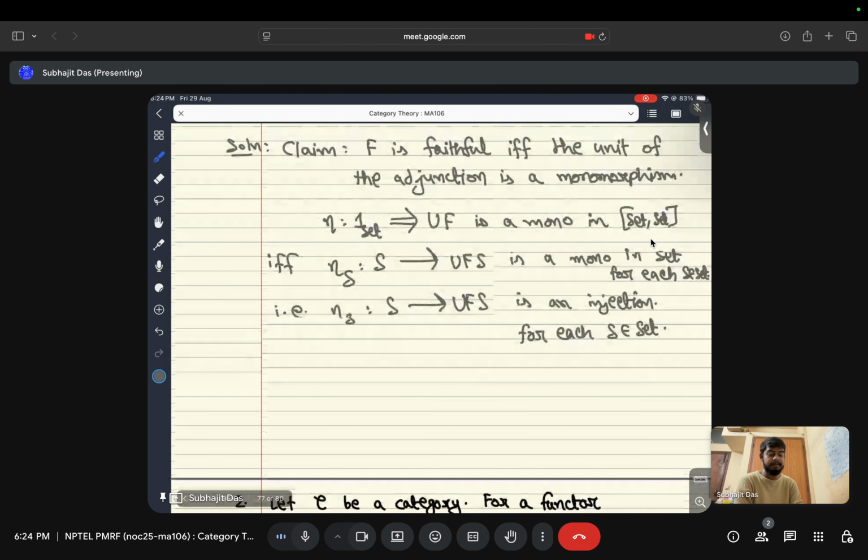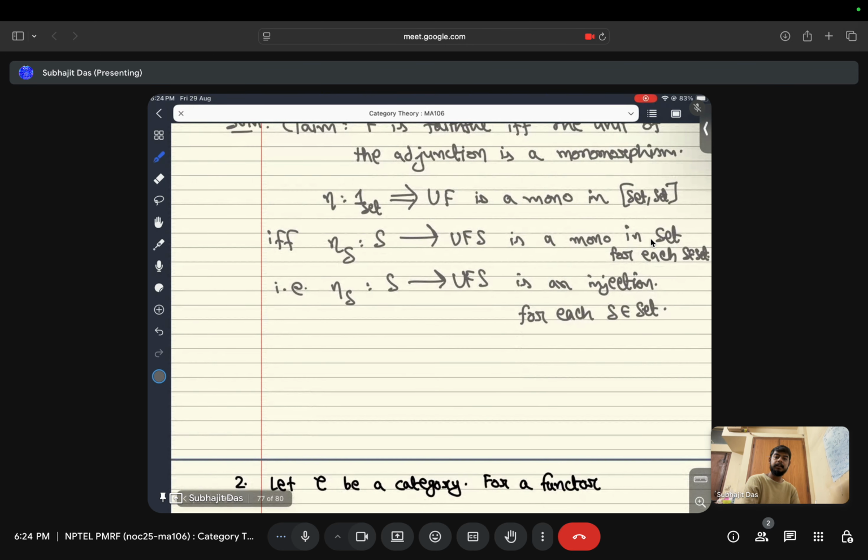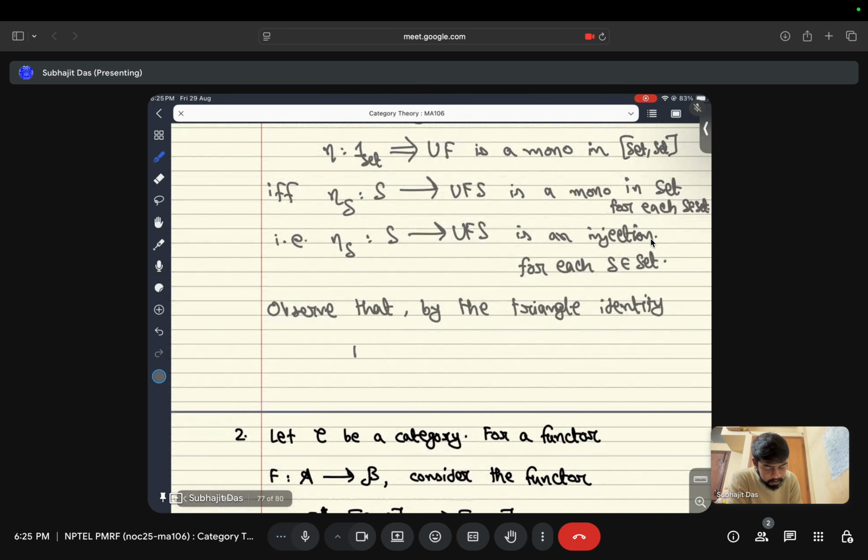So the idea is pretty simple. We need to show that each component of eta is an injection, right? How about we focus on some particular components first? I mean components at some specific objects first. So observe that by the triangle identity, F to FGF,